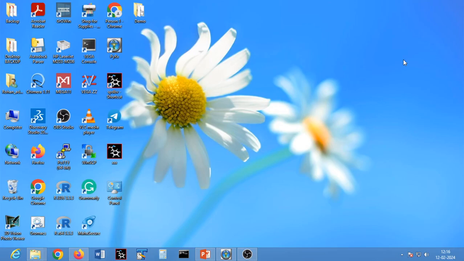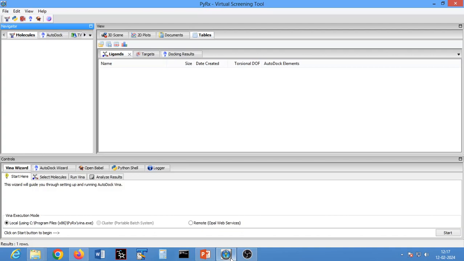Let us have a brief overview of various workflows or protocols that are generally used in post-processing the AutoDock results. At the end of docking or virtual screening, users generally have output files, which can be DLG in the case of AutoDock, or a PDBQT file if you are using AutoDock Vina. So let me show you how exactly the AutoDock output file looks